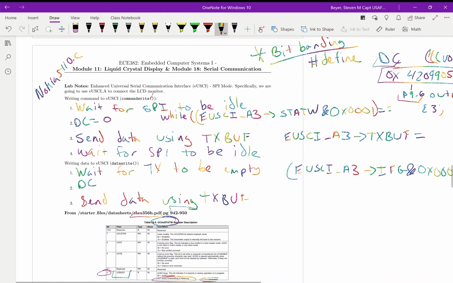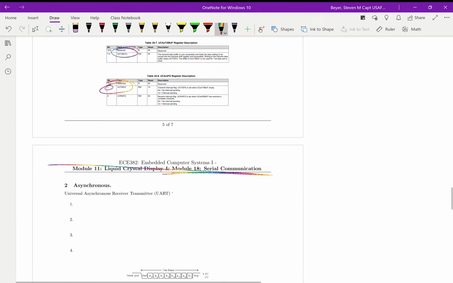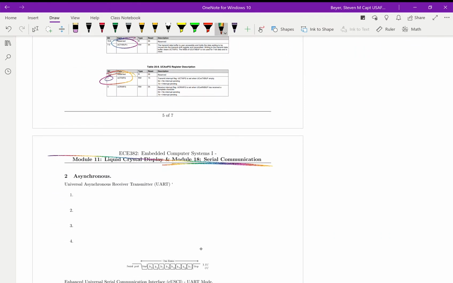That's SPI, so that is a synchronous version of serial communication, SPI being the protocol. Now we're moving to asynchronous, and the protocol is Universal Asynchronous Receiver Transmitter, or the UART. All right, so asynchronous, no clocks. How do they communicate? How do I know what this information is supposed to mean? For example, if I have an ASCII character, right, those are